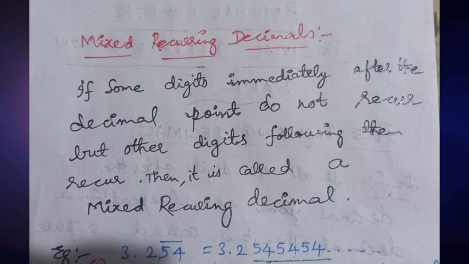If some of the digits immediately after the decimal point do not recur, but other digits following them recur, then it is called a mixed recurring decimal. So recur, nothing but repeating, don't get confused. In the previous case, after the decimal point the digits immediately repeat. Here, after the decimal point the digits do not immediately repeat. So 3.254 bar. So 3.254